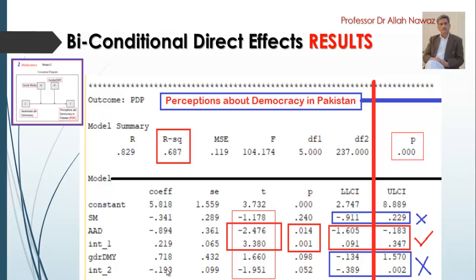In the case of coefficients, we can see that the social media coefficient is minus 0.341. Further, it is insignificant because the t-score we can see is 1.1, which is far less than the required minimum limit of 1.96. Likewise, the p-value is 0.24, far greater than the required 0.05, and at the same time the lower and upper limits